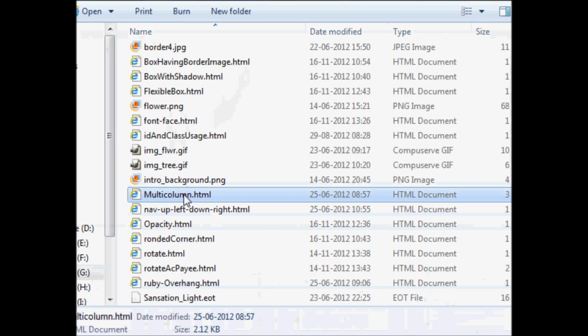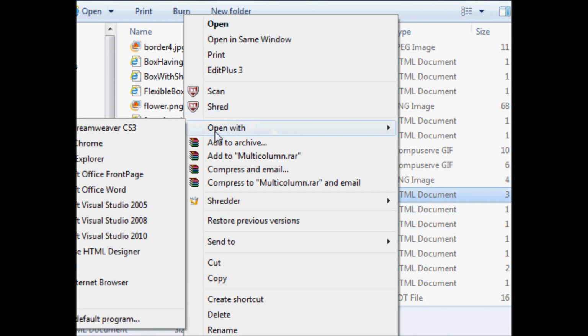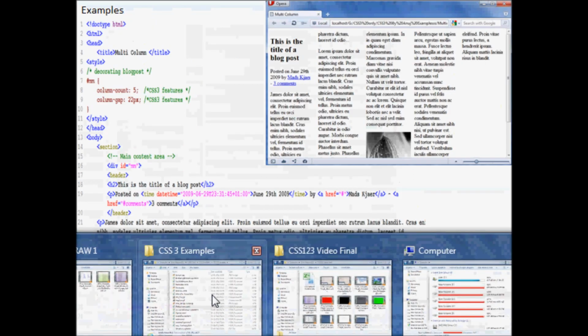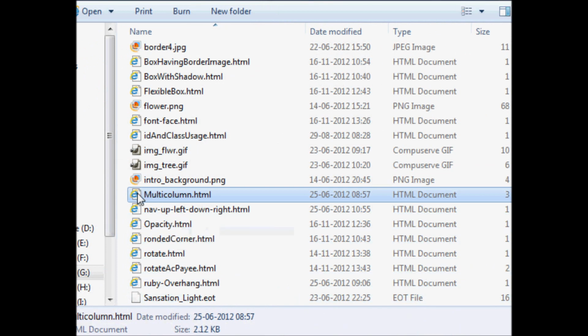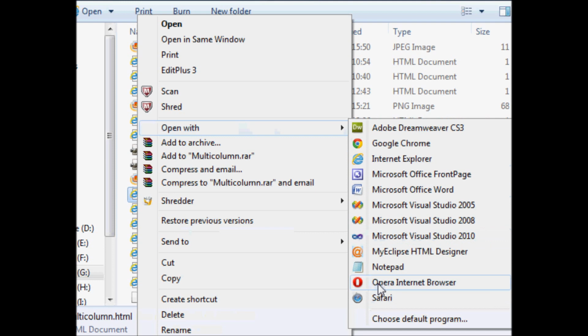Now let me open with Opera here. Right click and open with Opera Internet Browser.